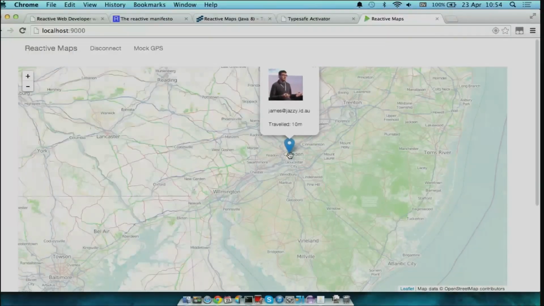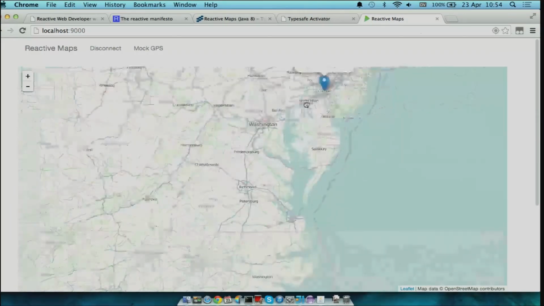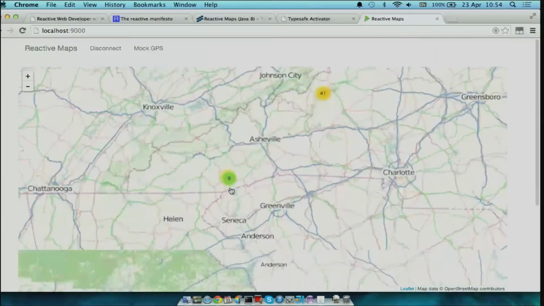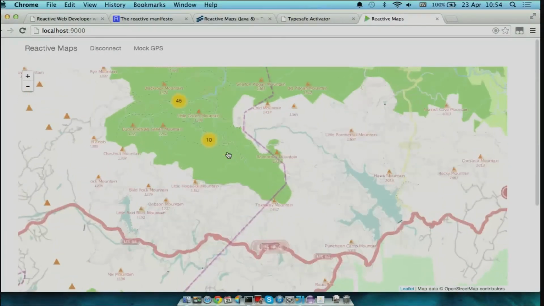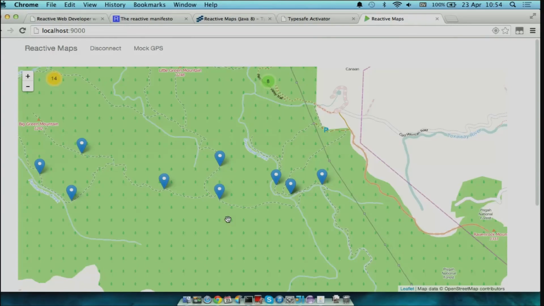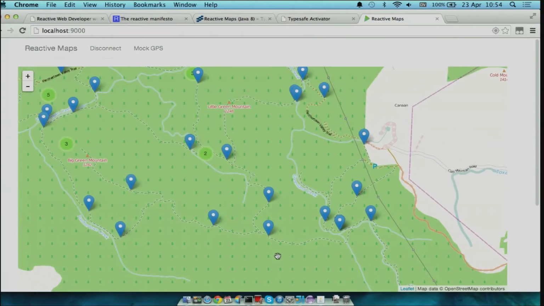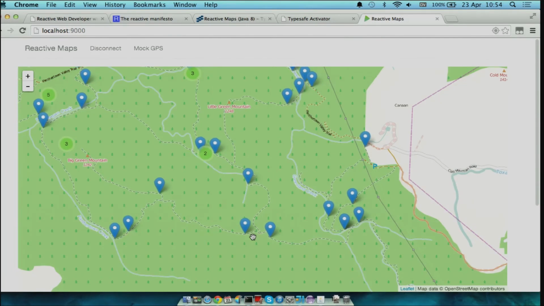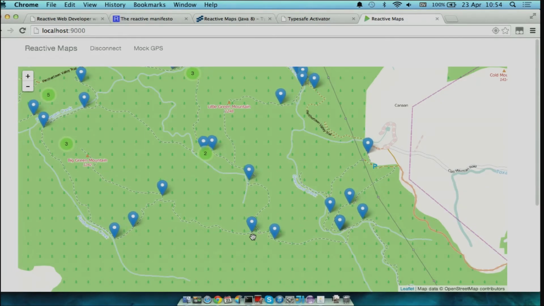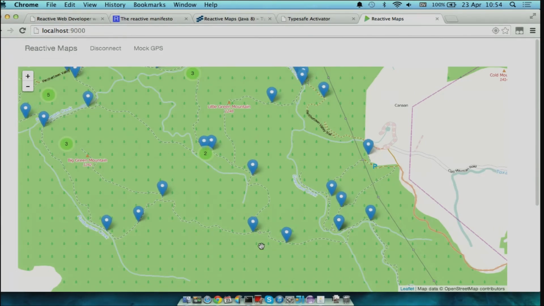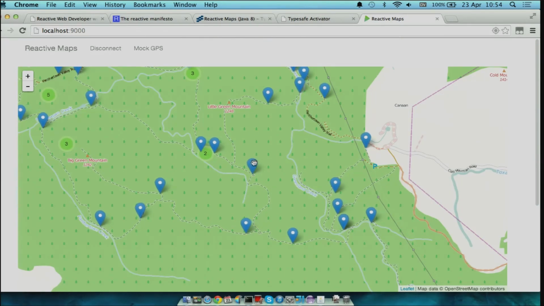So I've actually got some bots. I pulled some GeoJSON data from the North Carolina hiking website. And so we've got some bots that are kind of walking around North Carolina here. We can zoom in on them. And you can see when you're zoomed out, it clusters the markers together so that you're not overwhelmed with too much data. So we can see these bots here walking around and click on them. So this application is a reactive application. It sends updates to the user in real time. The user doesn't have to request them, they just come.